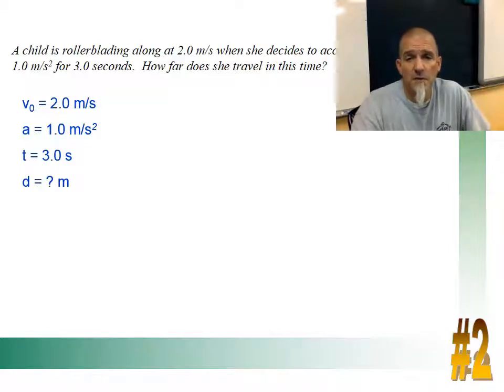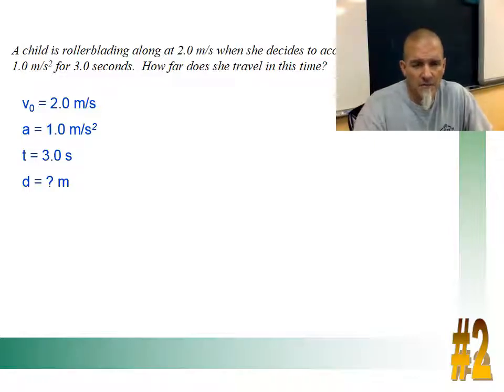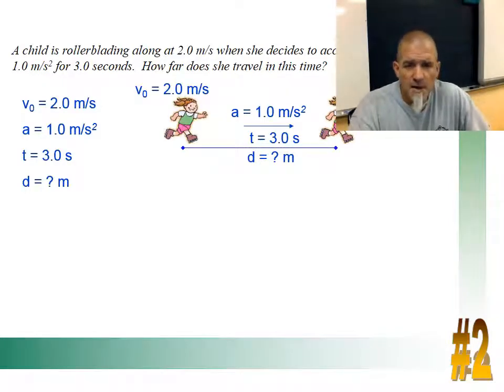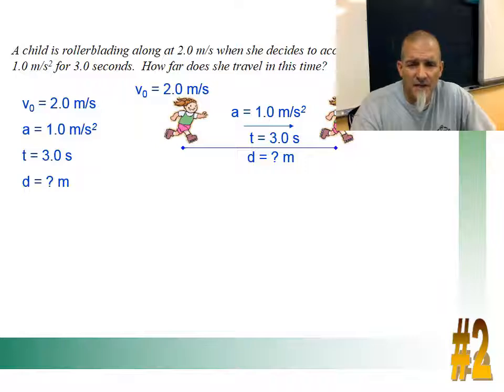We should be getting something bigger than 6 because if the child did not speed up, if they stayed at a constant velocity of 2 for 3 seconds, they would be going 6 meters. Nonetheless, here's my picture. Now you might not believe this, but this is not a freehand drawing. This is actually clip art. I know the nice drawings, but this is actually clip art of our child skating. So here she is. She's skating along at 2 meters per second. She accelerates 1 meter per second squared for 3 seconds, and we want to know the distance she travels during